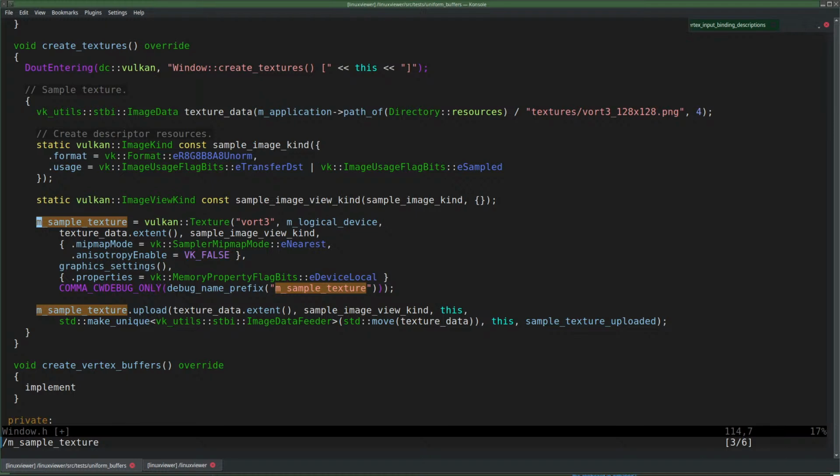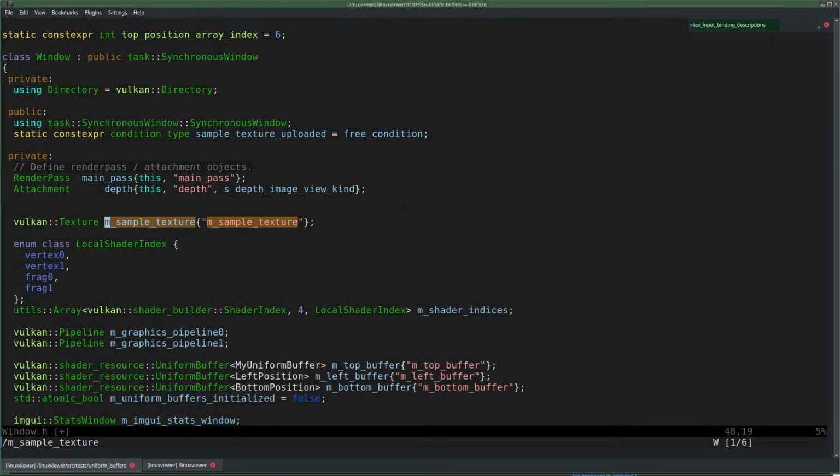Oh, the vert3 texture. Yeah. Okay, so we have a single